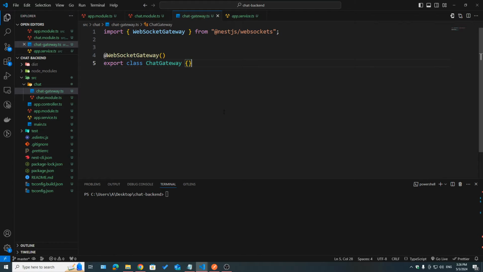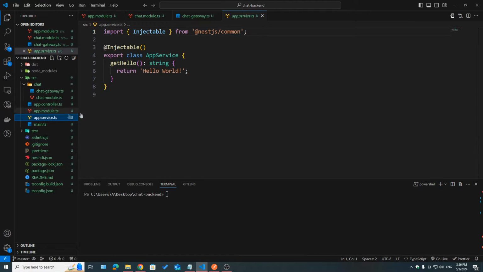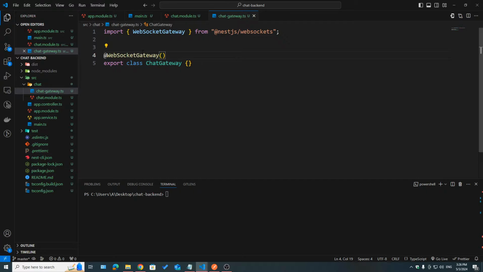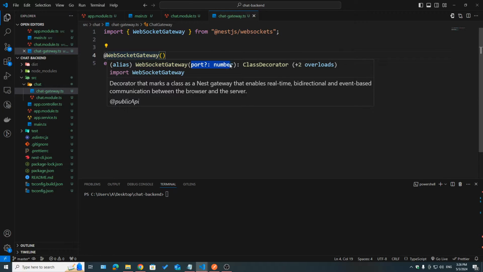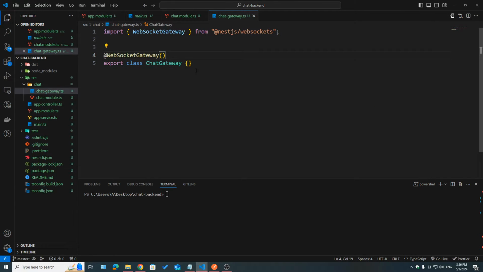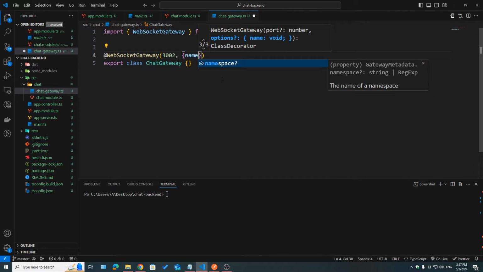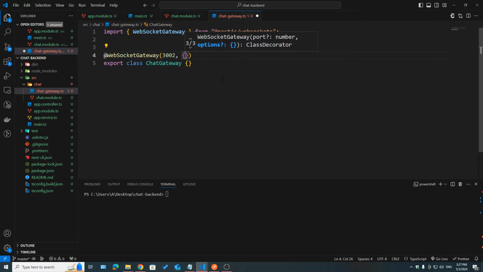that connect to it. Now by default, this WebSocket server is running on port 3000 because if you take a look here, by default our app is running on port 3000. But of course we can override this. So if you take a look here, we can pass in an optional port number. So we could say 3002 for example. And on top of that, we can also pass another parameter here, which is some configurations. So we can specify a namespace, we can specify the CORS policy and so on, but for now I'm gonna